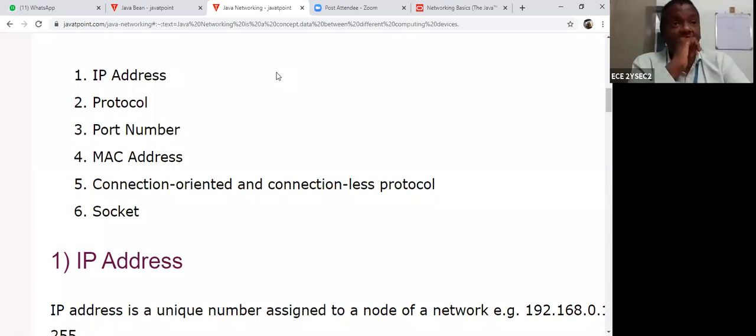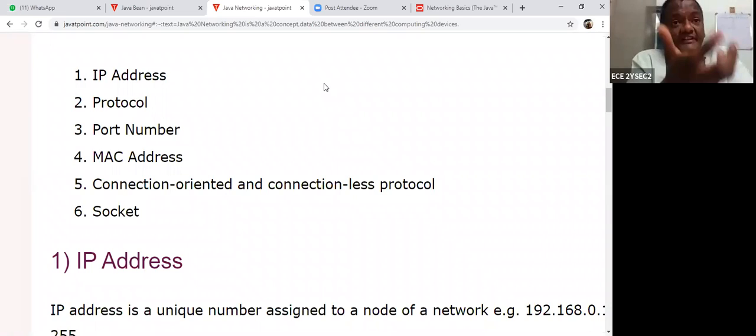So whenever your device is connected to the network, you should be connected only through the address. Because what is the address? I will give an idea. Suppose you want to receive one letter. Where can I send it? Suppose I want to drop the letter in the post box. Then what is the address? Where can I post, where can I send this post?